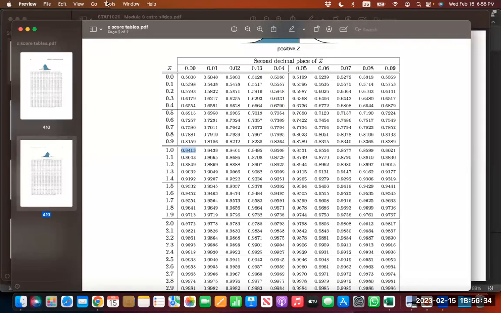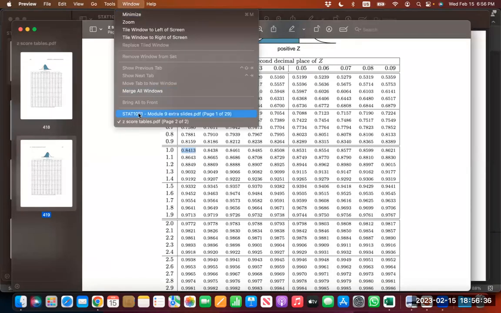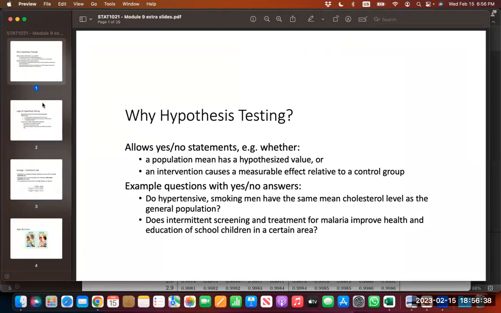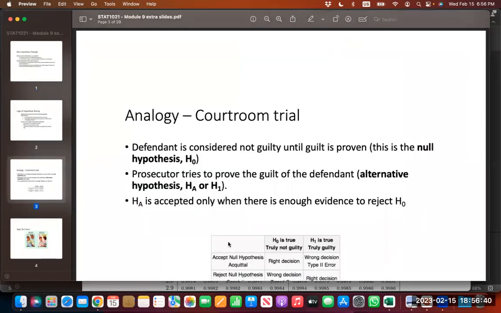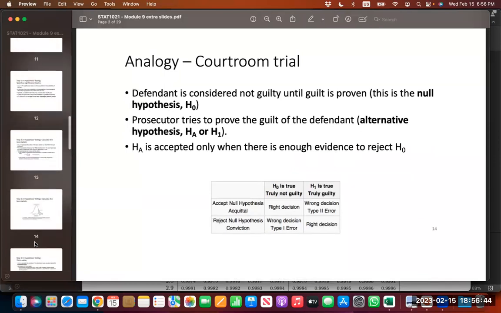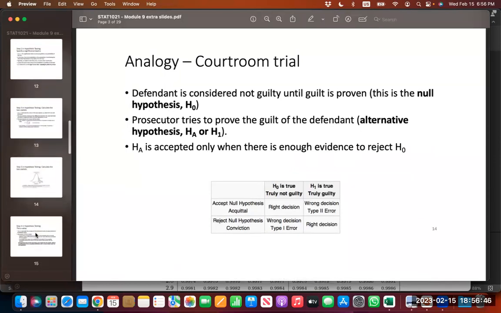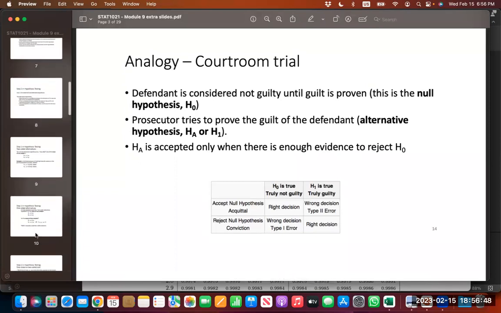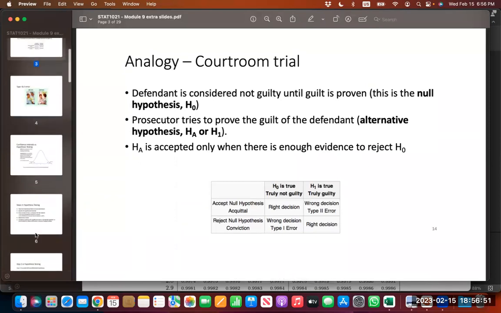I have here some other slides that I want to show you in this context, which I think is showing them a little better. So essentially you have, let's say you have a mean blood pressure in New York City of 130, or actually let's stick with that example. We are having,